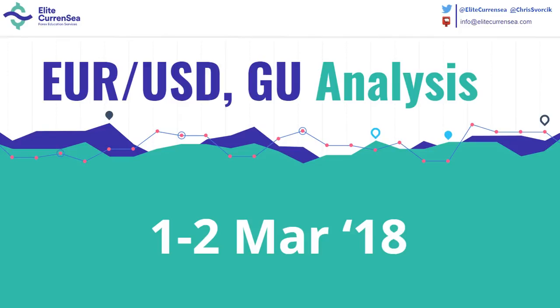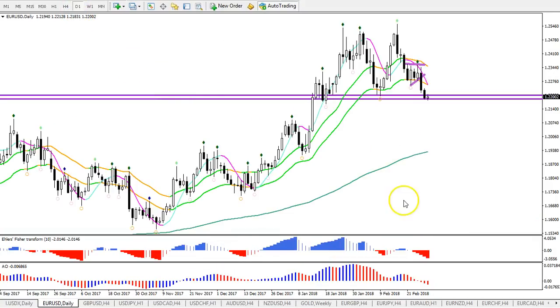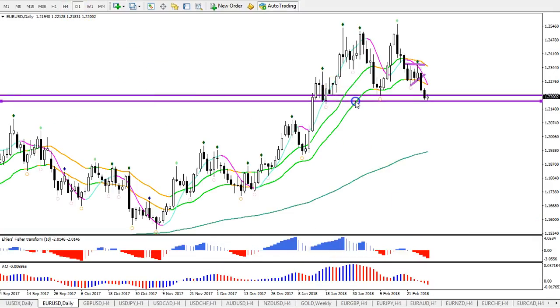My name is Chris and this video is all about the euro dollar and pound dollar. This is the euro dollar chart. We're looking at the 4-hour time frame, and basically price is moving to the downside. It broke this triangle pattern with a bearish break, and is now retesting these purple trend lines indicating support. We can take a look at the daily chart to see what kind of support we're talking about here